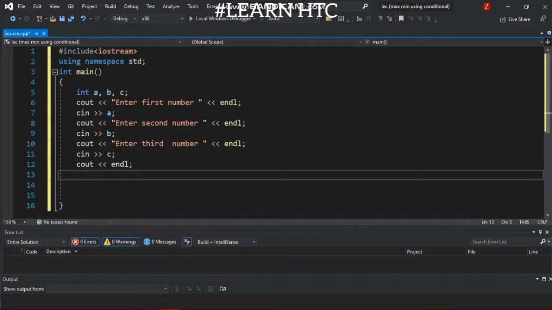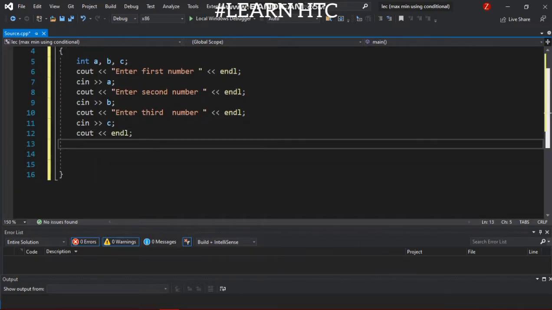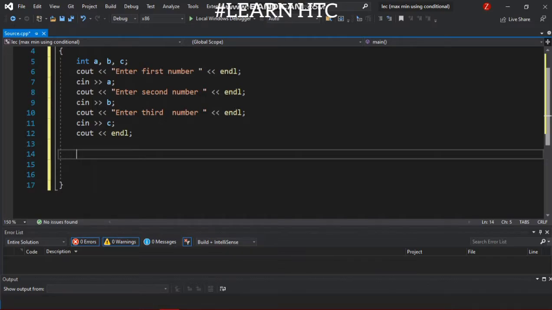To make it beautiful, we add an extra line. Now we will apply a conditional statement here. What is a conditional statement? If, else if statements are conditional statements in which we apply conditions. Either one condition is true or the other is true. So we apply conditional statements to check. Conditional statements are also called if else statements. So we apply conditional statements like this.